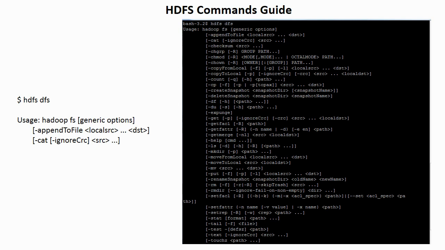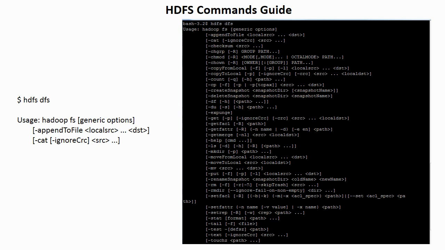Get is again the operation you use to fetch a read from HDFS. Move from local means you are running your shell script on your local laptop or desktop, and you have a file on your local file system that you want to move to HDFS. So you do move from local.